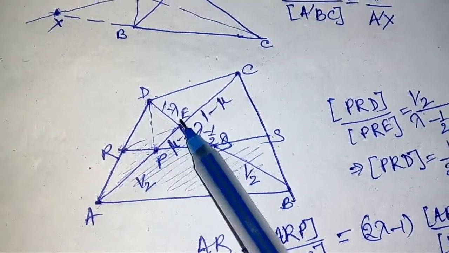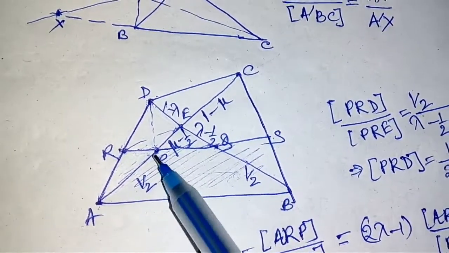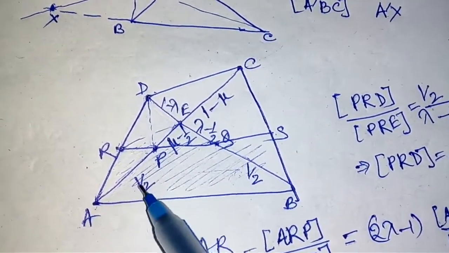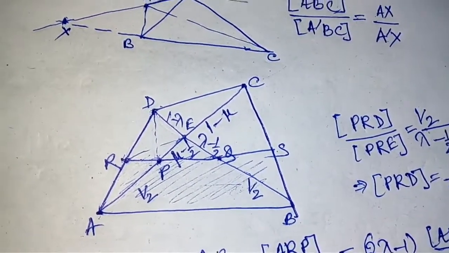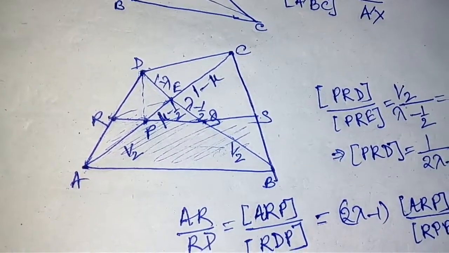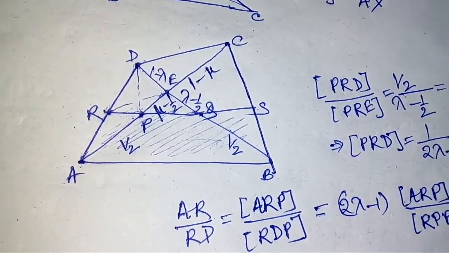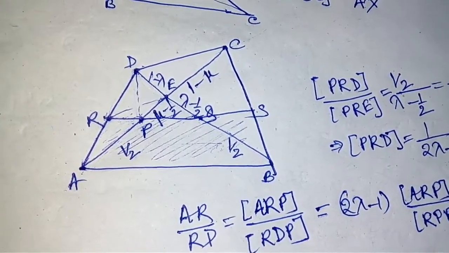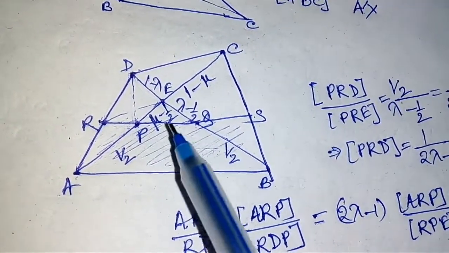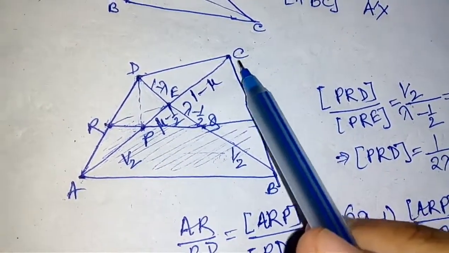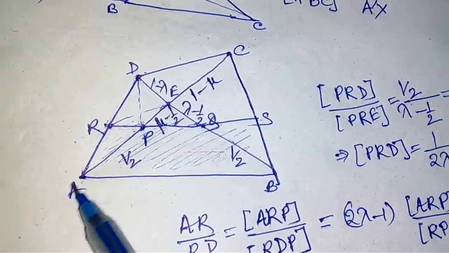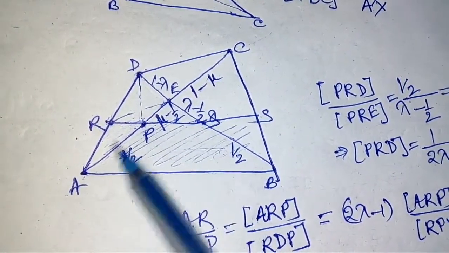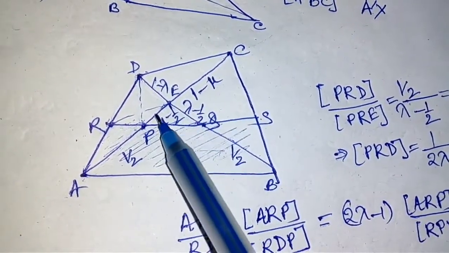Yes, so AE is mu times AC, this whole mu, okay, and BE is lambda times BD. So first, to solve any kind of question, the basic principle is that we have to write down all the things given in the question in a diagrammatic form, so that we can understand the elements in the question. So it is half of this length, so we will write here half. This whole is mu times this one, so this one we can write mu minus half, into this whole.